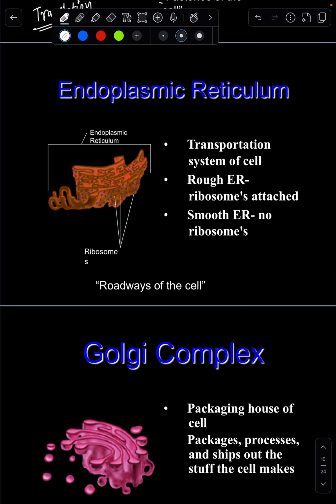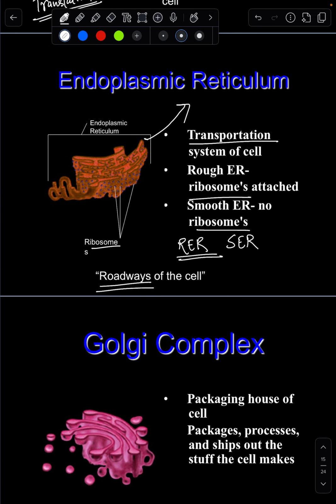Then the endoplasmic reticulum. It is the organelle where ribosomes are attached. It is the transportation system of the cell. There are two types of endoplasmic reticulum. One is rough and one is smooth. In rough ER, or RER, ribosomes are present, and in smooth ER no ribosomes are there. So basically it is the roadways of the cell, because from here all the proteins are getting attached and transported to their final destination, whether they are supposed to go inside the cell, outside the cell, or